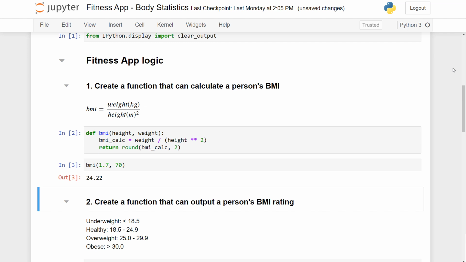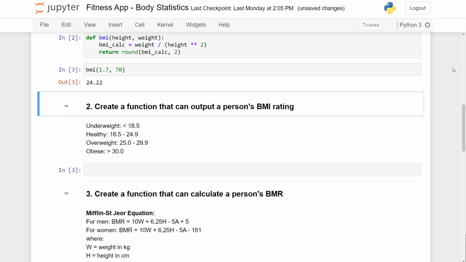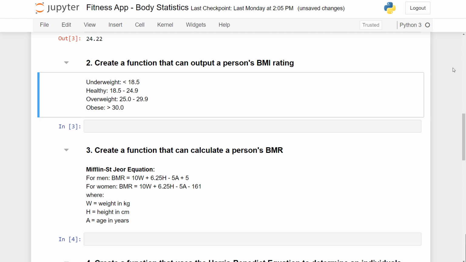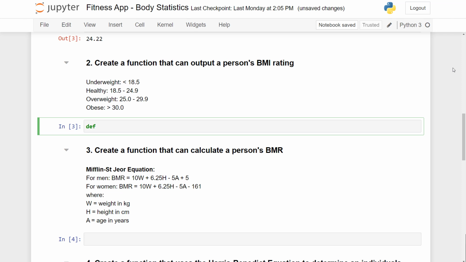Great, so moving on to task 2. We're then asked to create a function that can output a person's BMI rating. Now I've summarised the BMI ratings underneath for you to make it easier for you to reference. But in order to do this, we first of all need to create a function, so we'll put the keyword def, and for the function name, I'm going to call this